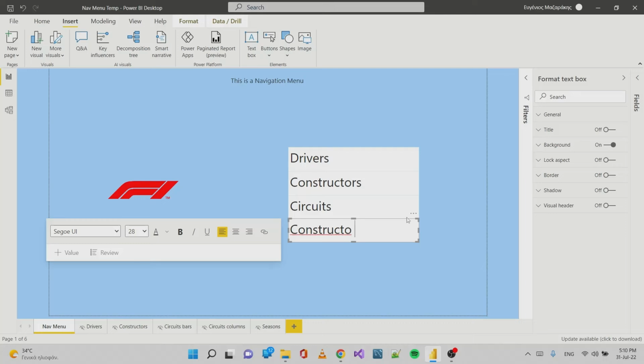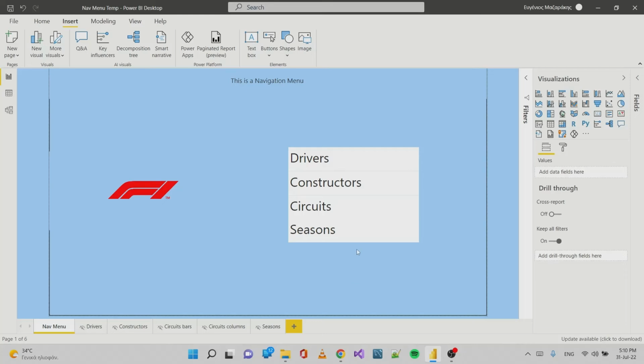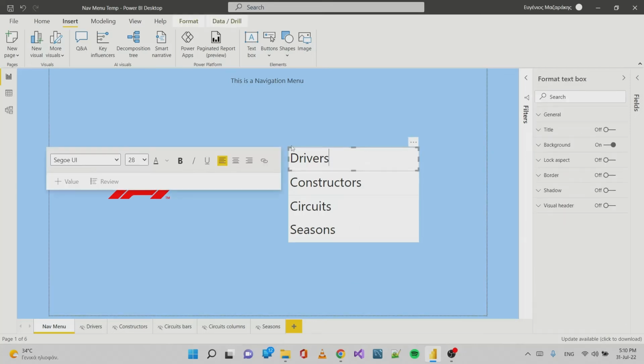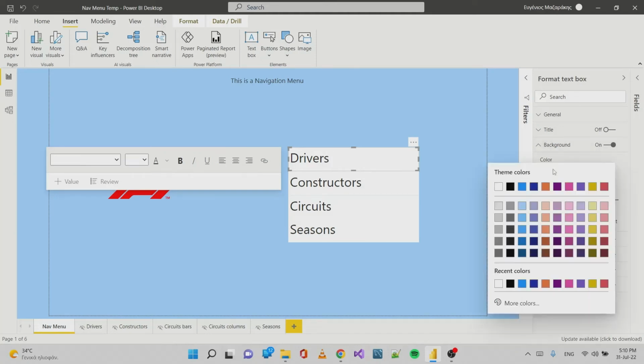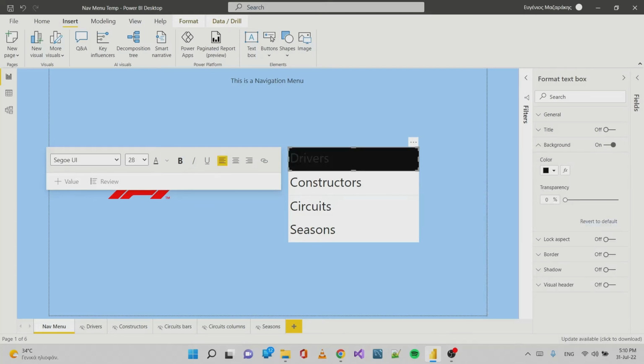The last one is seasons. Okay. Let's delete this. And I think we are okay. Let's start. We choose the first text button, which is about drivers. We go to background and let's choose color black. Also, we choose the text